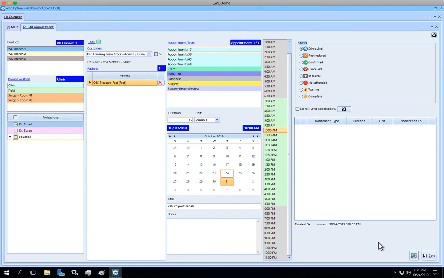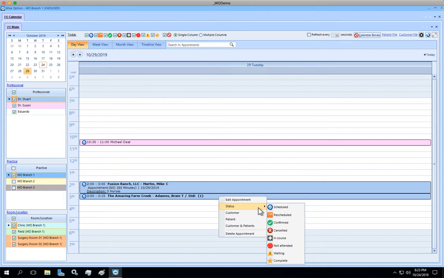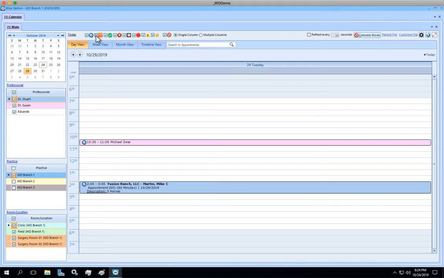However, we have observed other clients using the system, and one idea that I thought very interesting was that they simply came here and said rescheduled. In the view up here, they chose to not show rescheduled appointment, and then they would create a new appointment